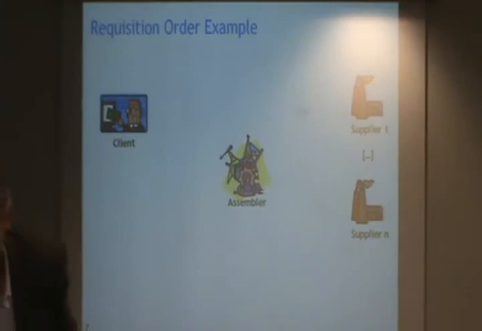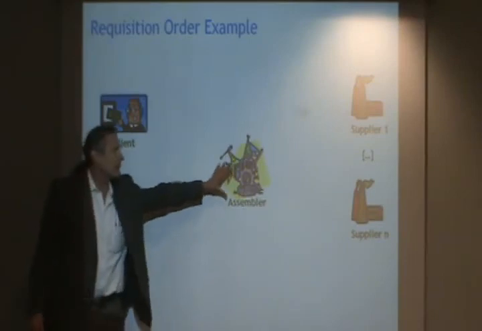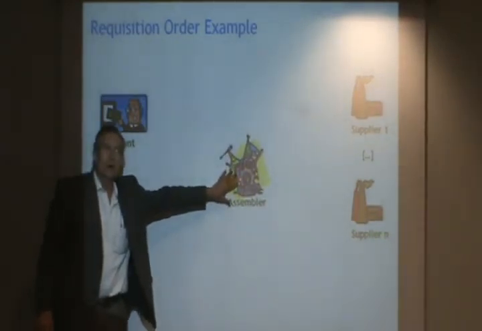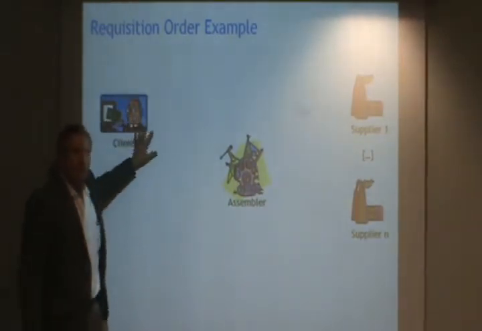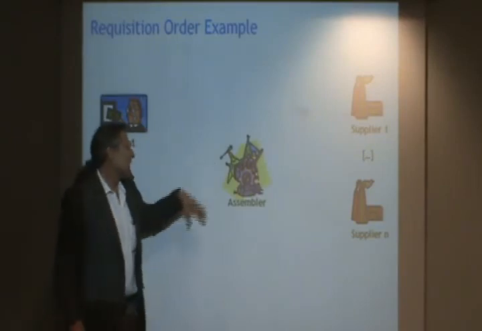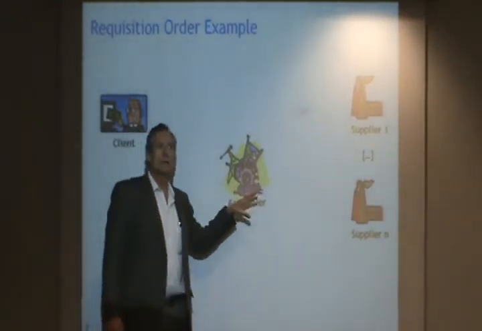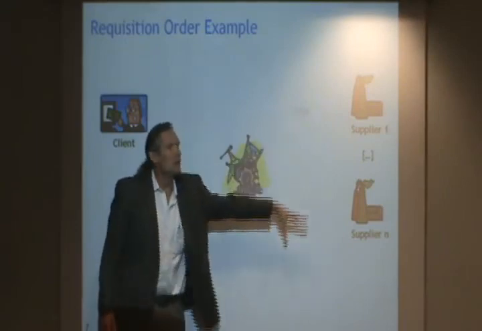All right. So here's a quick little example that I'm going to use to introduce the GSM life cycles. This example has a manufacturer or an assembler, and what's going to happen is the client wants something, a certain kind of machine maybe, and so he's going to send in an order, and the assembler is going to figure out what are the parts he needs. It's kind of custom machine construction. He'll figure out the parts he needs, he'll send out orders to the